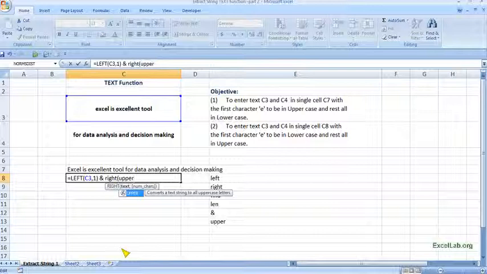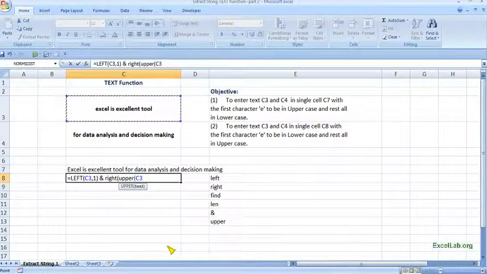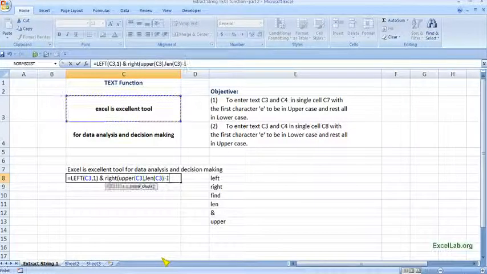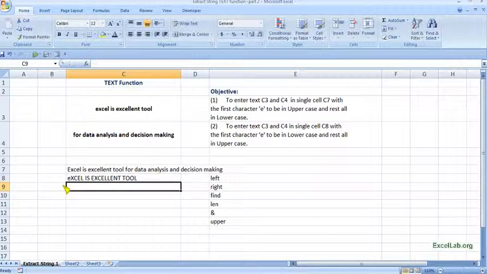I want upper, and number of characters, length of text minus 1, put the parenthesis. So E is small and everything else is in uppercase.